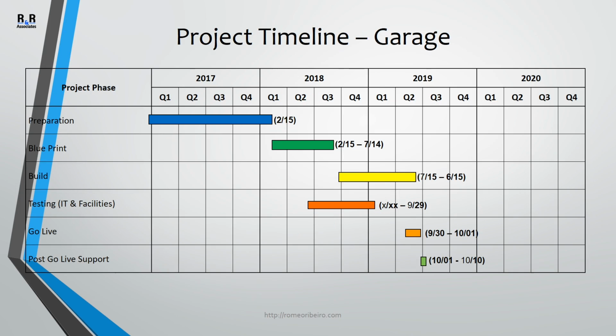Next, you want to give everyone an update on the timeline. This particular one is for the garage. This happened to be a 2000 spot garage, 2000 actual car spots. And so it was a multi-year project,